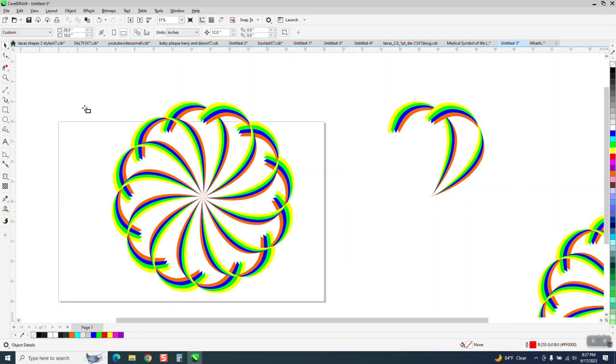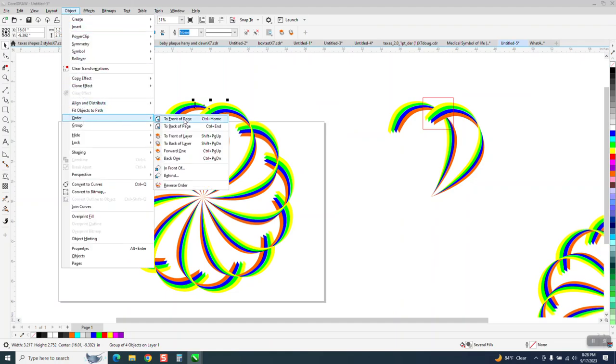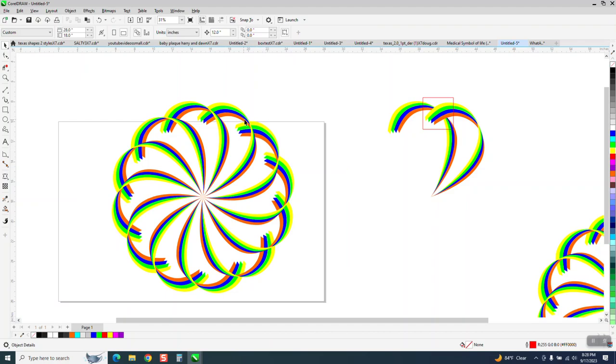So we're going to take a rectangle, and I'm going to have the rectangle selected, and then I'm going to hit the shift key and select this side. And then I'm going to go up to intersect. And what that did, that intersected that. And if I move it over and go up to Object, Order, Front of Page, now they are all